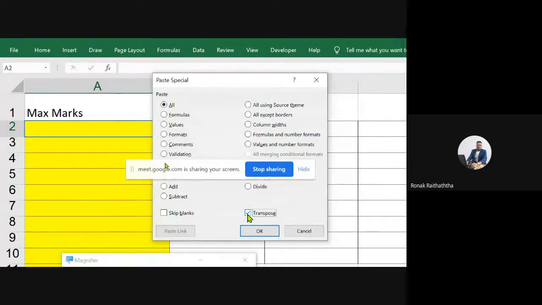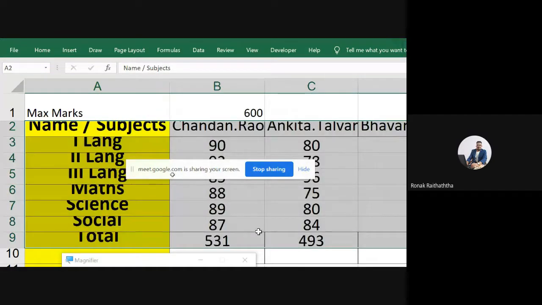First, observe where I am in the third worksheet. I am there in A2 where I want to paste it, but I want to switch the columns to rows and rows to columns. Then I went to the paste special. I'm pressing on this tick button of the transpose. Just press OK. It's as simple as that.